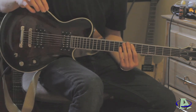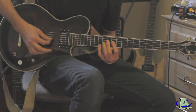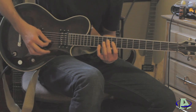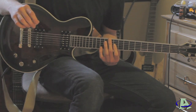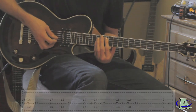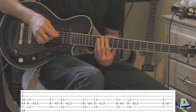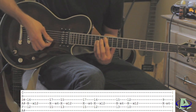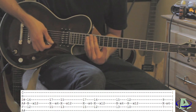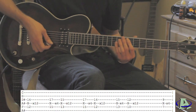For the shorter choruses, like the very first one, right after you get there, it also does this. Okay, and that's when he's singing Failure, when the rhythm guitar is on that 8th fret barred across. But starting up here, the very first part of it, it's all octave chords. I have a video showing you how to play octave chords. This one, you're going to go 12, and then you're going to go 15, 13, and then you're going to go 15, 12, and then you're going to go 13, 10, and then you're going to go down to 7,